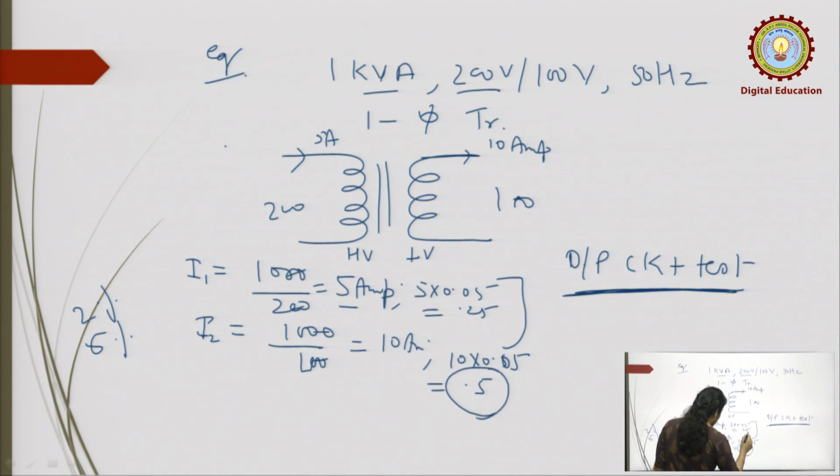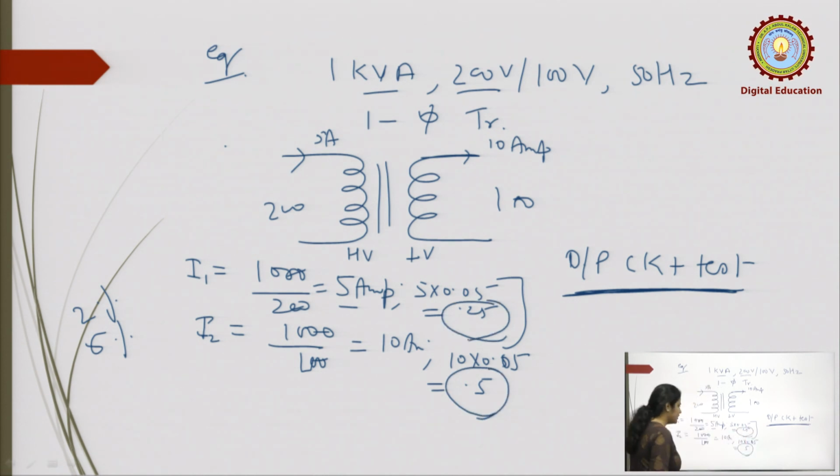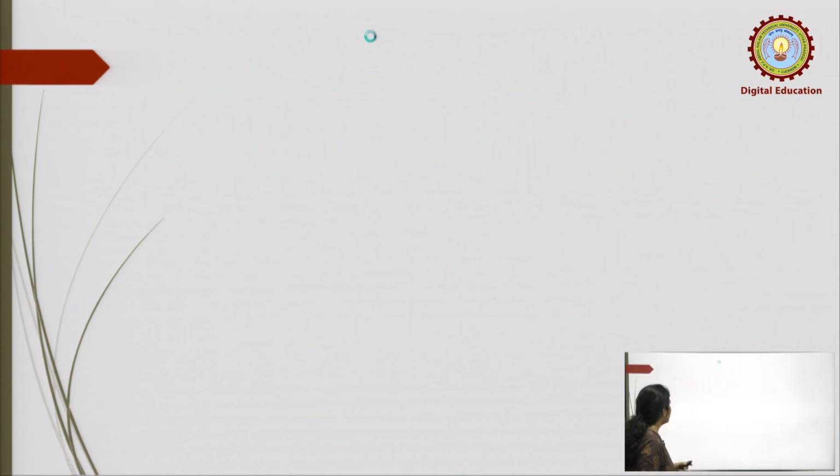So, obviously, whether it is 0.25 or 0.5, you can measure it with the help of an ammeter, because ammeters are available in the laboratory with a range of 0.25 or 0.5, and for the voltage 200 and 100. So for this particular rating, it does not matter whether you perform the open circuit test on the high voltage side or the low voltage side. Now, if you take a